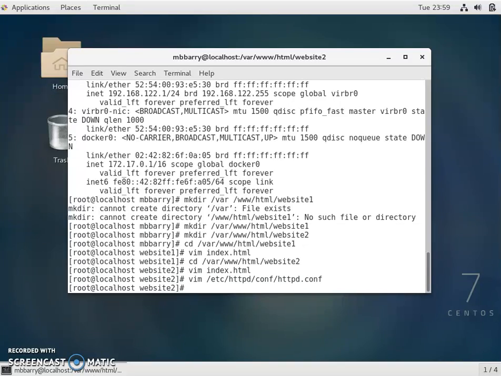Now we're going to start the HTTP services. So I'm just gonna do this to the firewall first. firewall-cmd